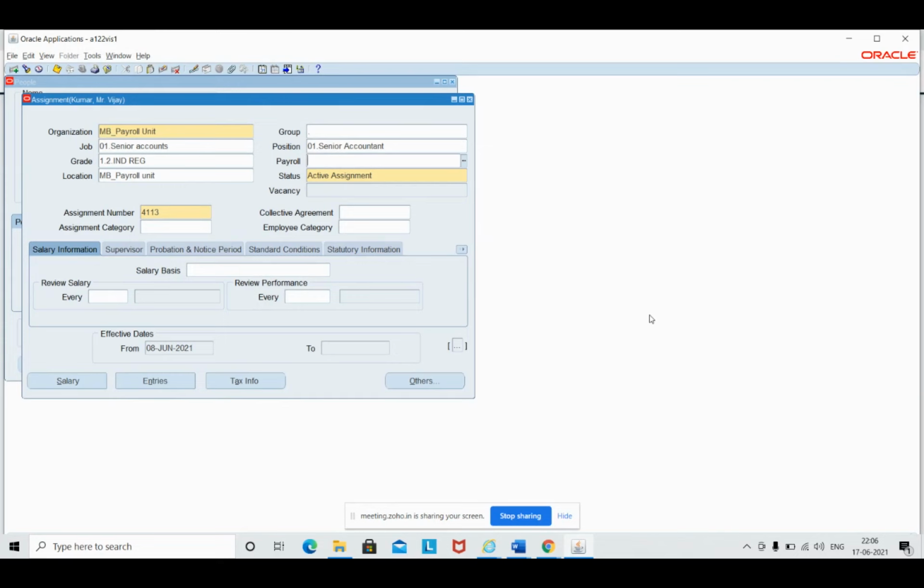So for payroll, for the consolidation set, whether my business group will be the consolidation set or I have to create a new one? Optionally, you can create a new one also, but it will create the business group as the consolidation set also. So either one of them you can use. Sir, for the next step, mapping GL with the flex field. What GL can I use, sir?